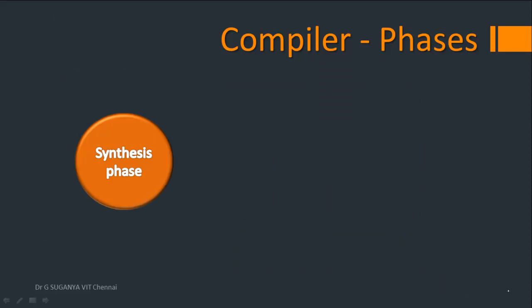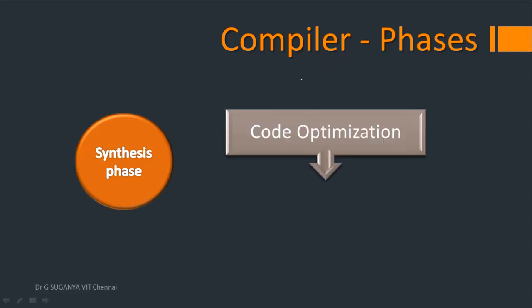So this 3 address code is now being passed to the next phase, which is the code optimization phase. Optimization is more important. Generally, when you go for purchasing any mobile or any kind of electronic gadget, there are two things that people will prefer. One is we expect the system or the electronic gadget to be very fast, and we expect the memory to be occupied at a very low level. That's the concern of all the viewers.